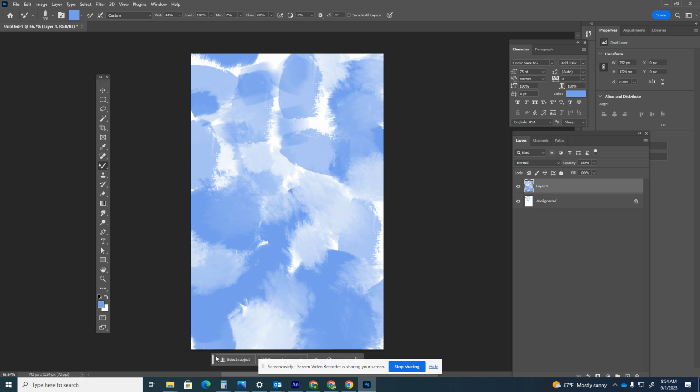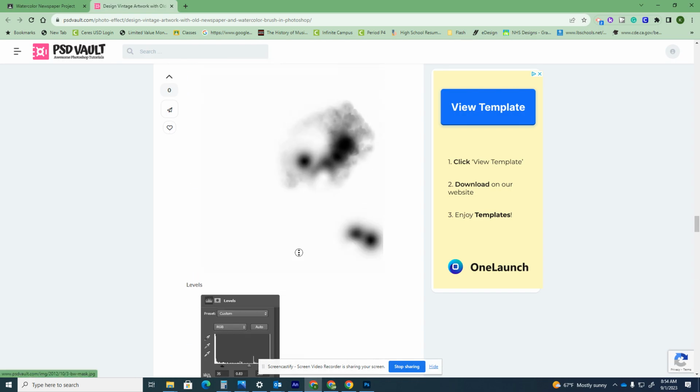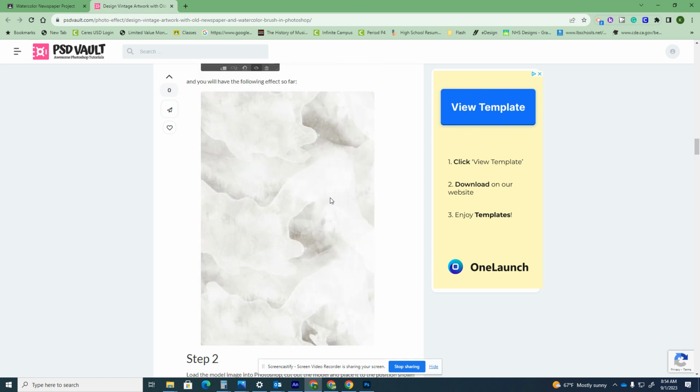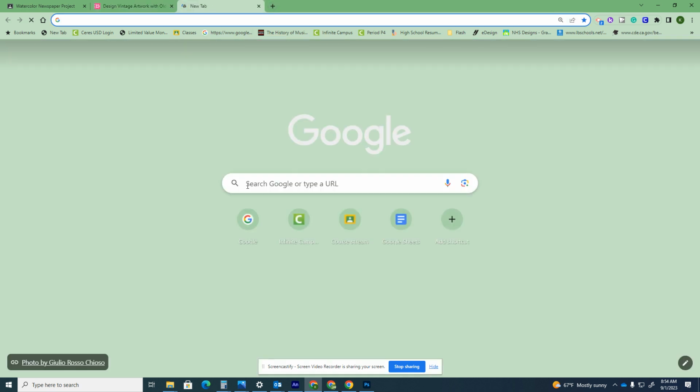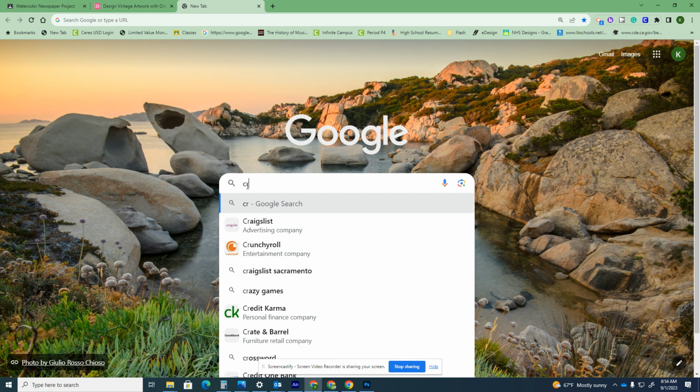Okay, all right, now the next thing that we're going to do is you're going to go back onto the internet. Okay, so we've made that textured background. Now mine's a little bit more intense than theirs, and that's okay. They use like a white and a tan. Okay, so we're going to go onto the internet, and you can literally type in like